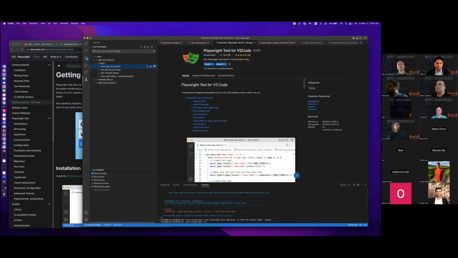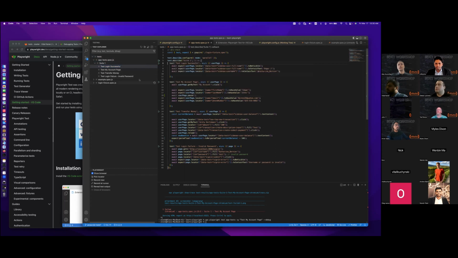Then you can go to the source, and you can see that we have these triangles, which allow you to run a particular test. So you don't need the command line run with the -g option to get a particular test. We can do it right from here.